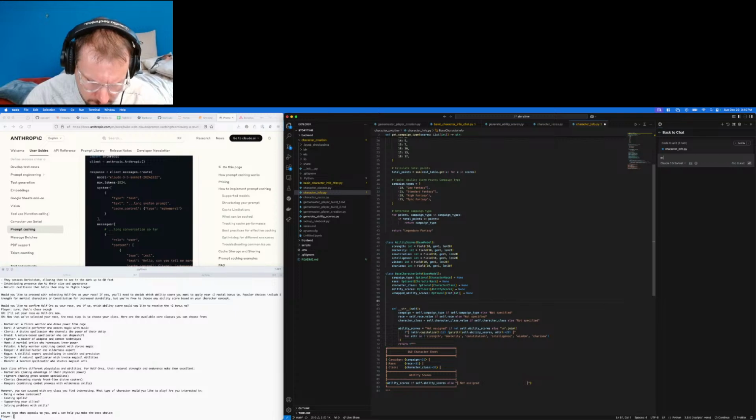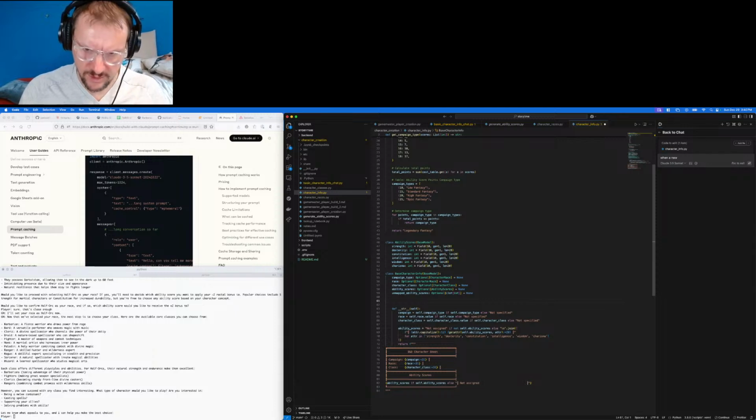And when a new base character info is made,